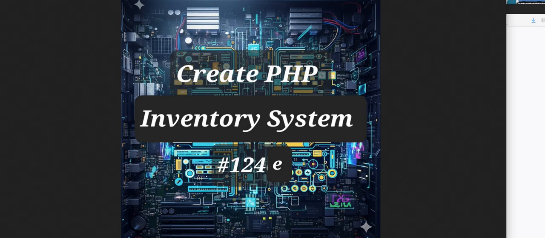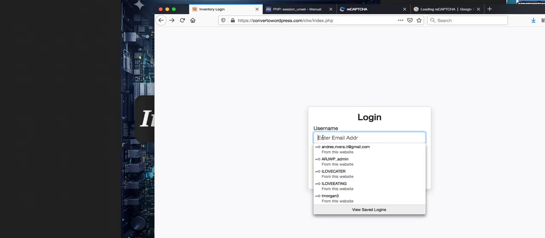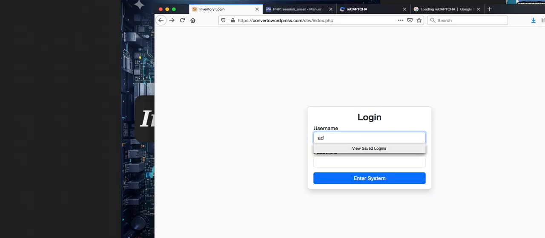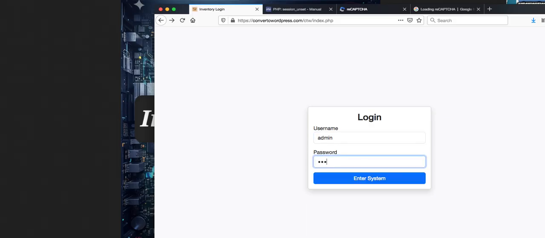Just to refresh, we're talking about the dashboard, which happens to be, well, I'll show you in a second when we log right in. As a matter of fact, let's go. We put in the username and then we put in the password. Remember, I told you before, because I